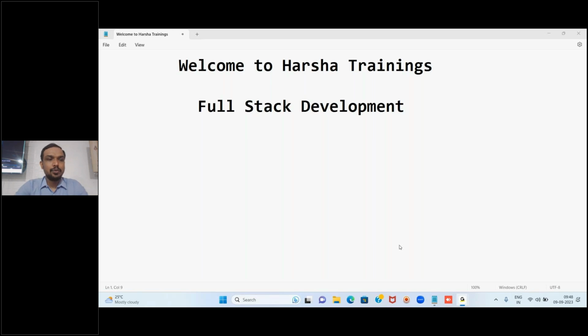Yeah, so welcome to the full stack development session, guys. In this session, we are going to see what exactly full stack development is, why we have to learn it, and who is eligible for learning it. Apart from that, we are going to see what the roles of a software developer in the industry are. All such things we are going to discuss in this demonstration session.